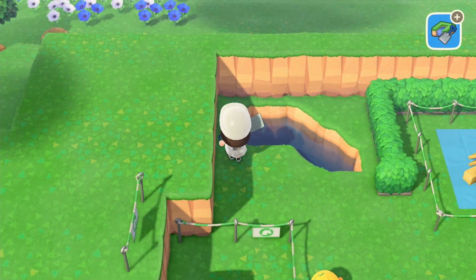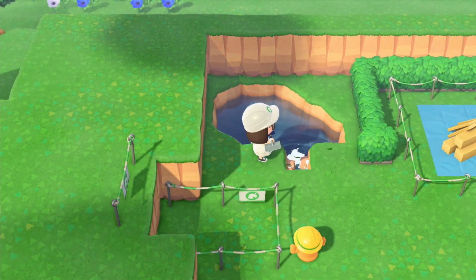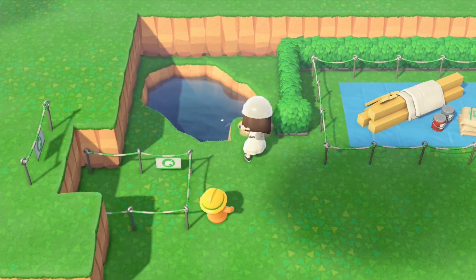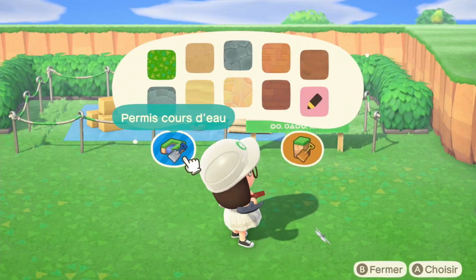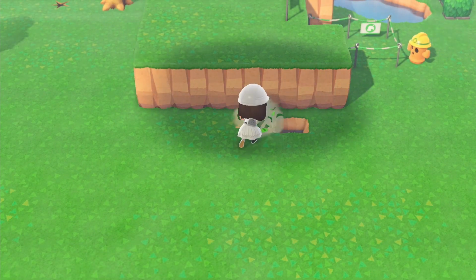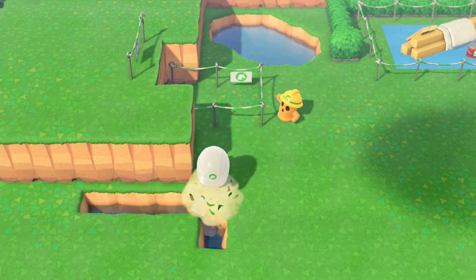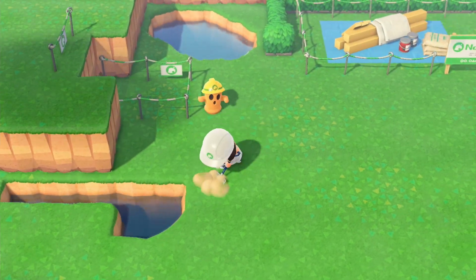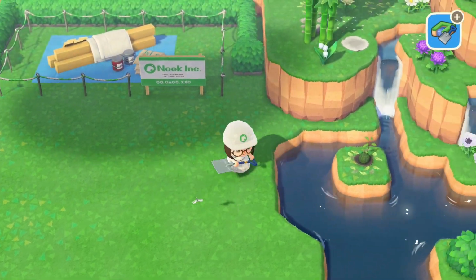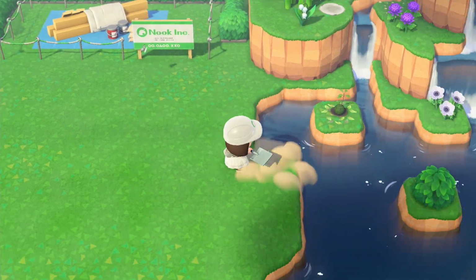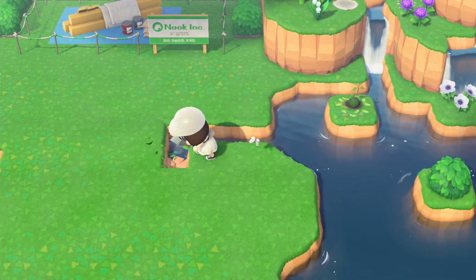But it doesn't bother me, because then the entrance is a bit hidden, not quite visible. And I like it. It's not that obvious that you have to go behind the resident service to get to the museum. Or at least if you open the map, I guess you can see it, but not from just staring at stuff. So I liked it, and I played a bit of a trick, if I can call that a trick. You will see it in a later part of the video, I guess.